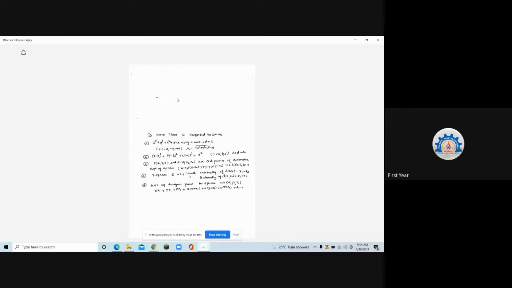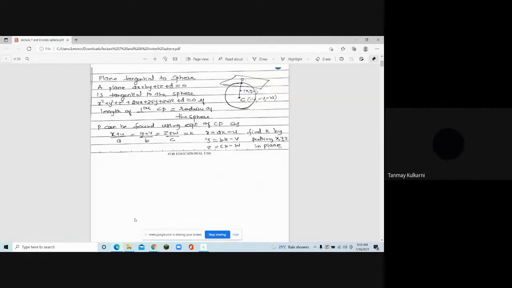So today we are going to go ahead with tangent plane questions, and then we are going to see the intersection of sphere and plane, and the intersection of sphere and sphere. What do we mean by orthogonal spheres, and what is the condition of orthogonality, that we are going to see. Let me start; yesterday's things are all clear to everyone? Yes, ma'am.